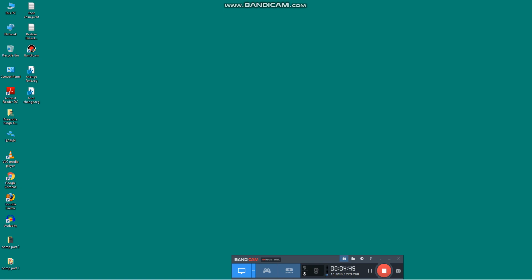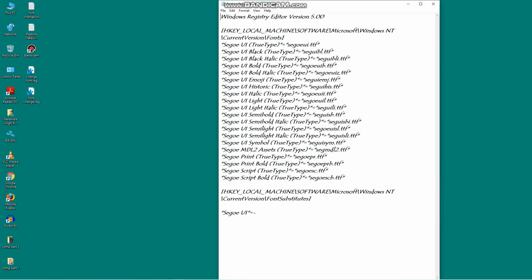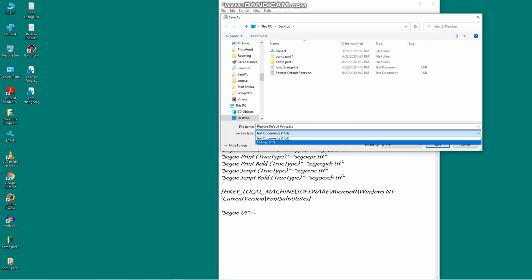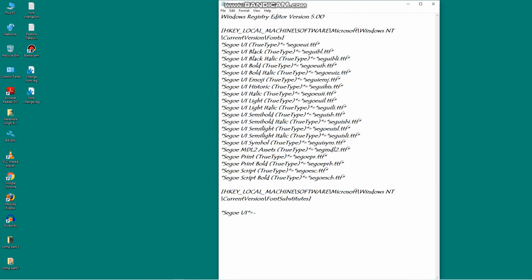Again open your notepad and type in this whole code. Don't change even a single comma or equals mark. Type in the whole code without changing anything, and then again save it as a registry file. Choose All Files, and in place of the .txt extension provide .reg and then save.